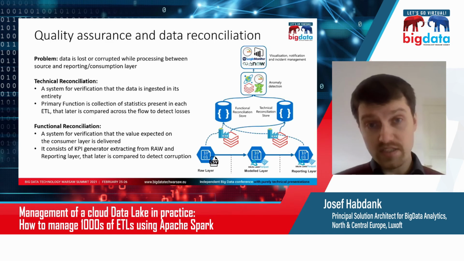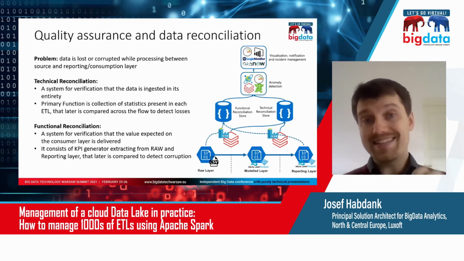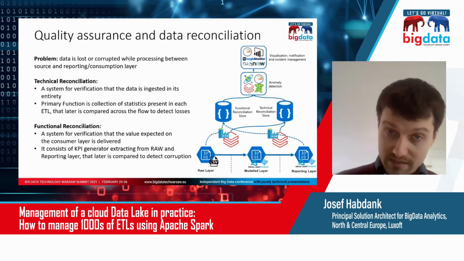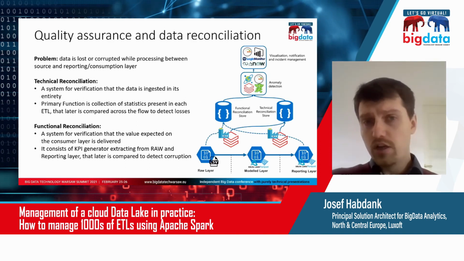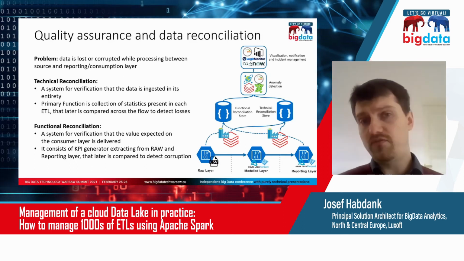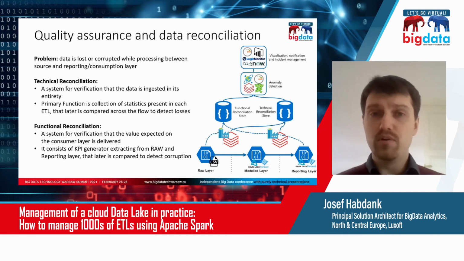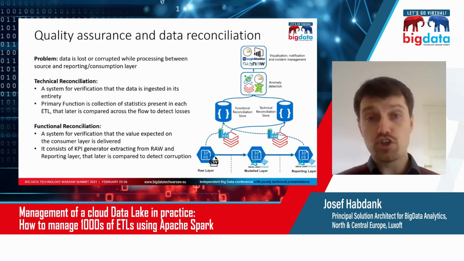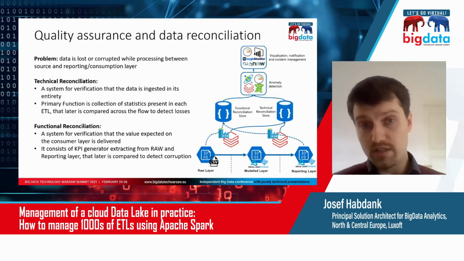The functional reconciliation does something different. It actually looks at the content of the data and compares the data as early as possible, so on a source, with the data at the latest point, which is the reporting layer or some sort of input to machine learning or whatever consumption you're doing of this data on the other side, right? What you would do is generate some sort of KPI report or some sort of query. Let's say, to give an example, what is the daily sale per shop, per product category, and what's the total sale in euros, let's say, right?